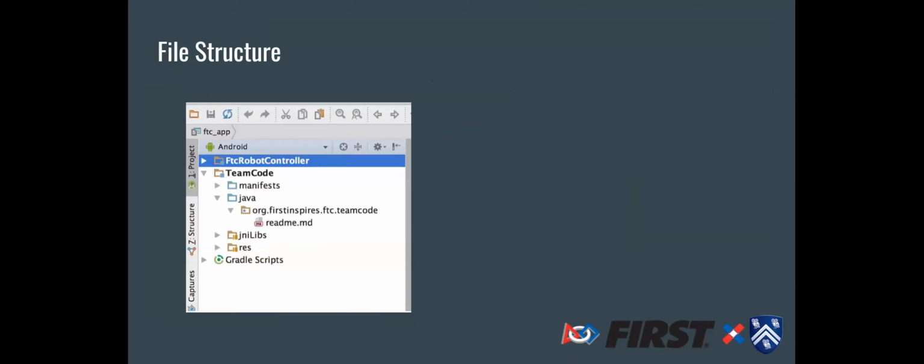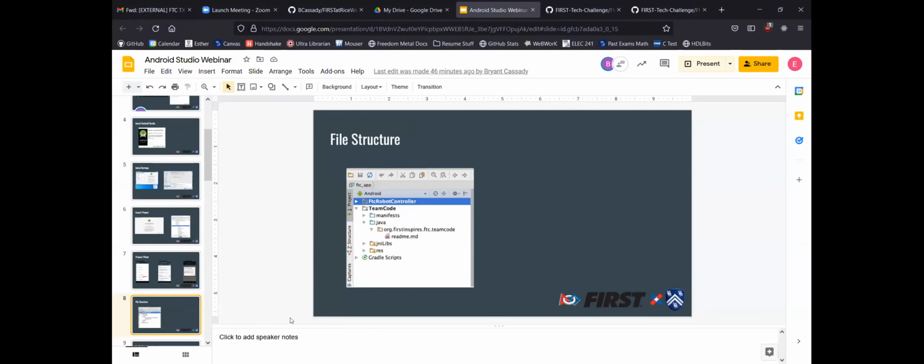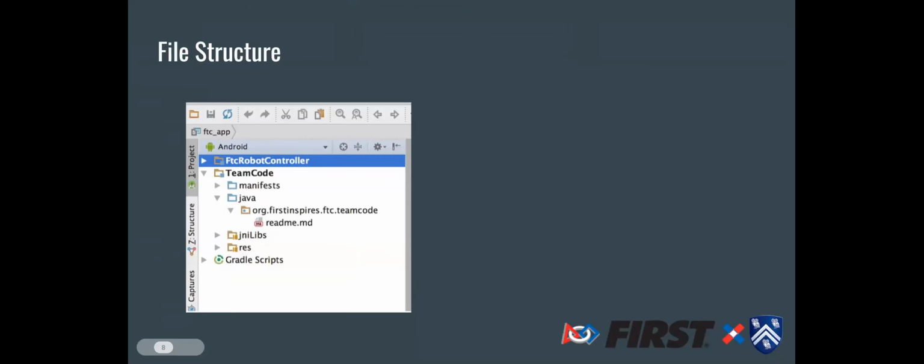So next we're going to talk a little bit about the file structure of the FTC library. There are 2 main folders. The first one's called FTC Robot Controller, and the second one is called Team Code. FTC Robot Controller stores all of the sample code and all of the libraries that you might need when programming a robot. So if you ever need to look at a sample, I would go into FTC Robot Controller, but